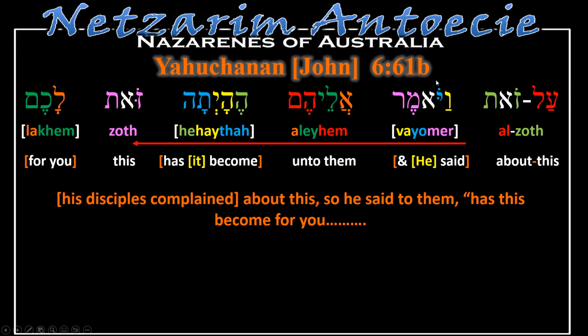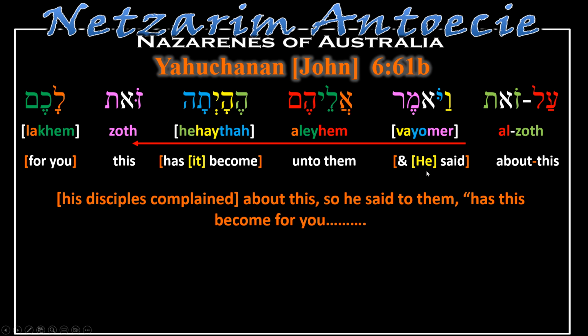And so we come to 61b. We have an ayin lamed, zayin aleph tav, vav yod aleph mem resh, aleph lamed yod hey mem sofit, hey hey yod tav hey, zayin aleph tav, lamed kaf mem sofit. And so we read it. Al zot, about this. Al can be used as regarding, about, upon, various meanings. But in context, it's about this.